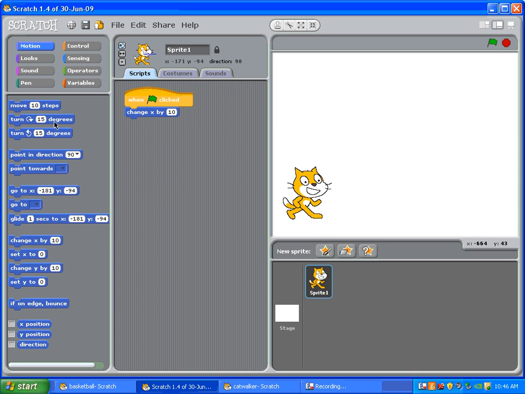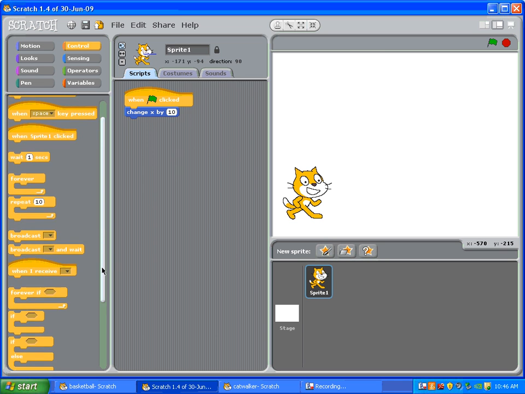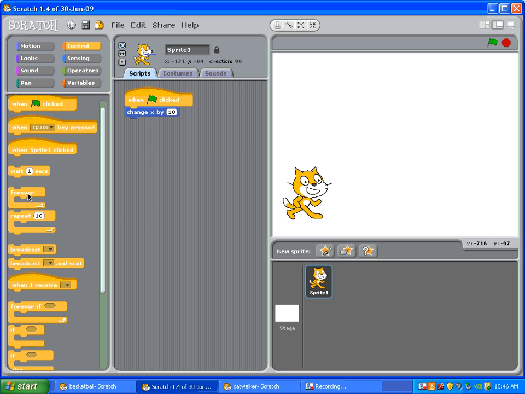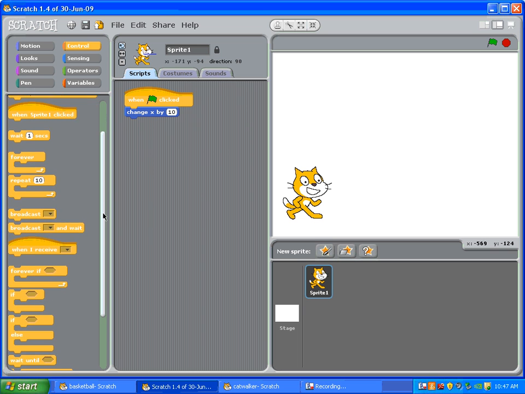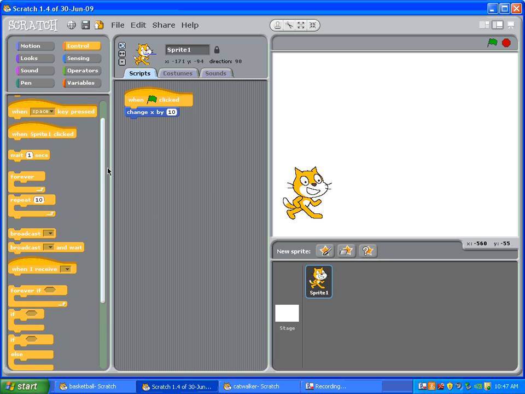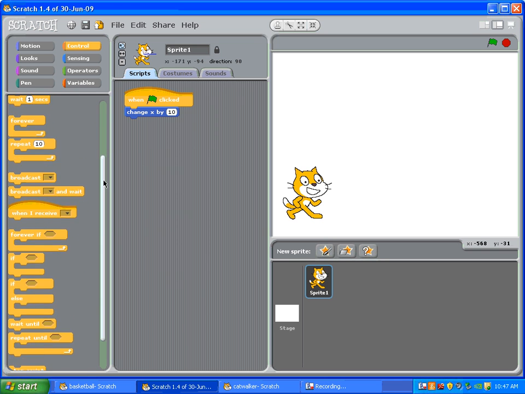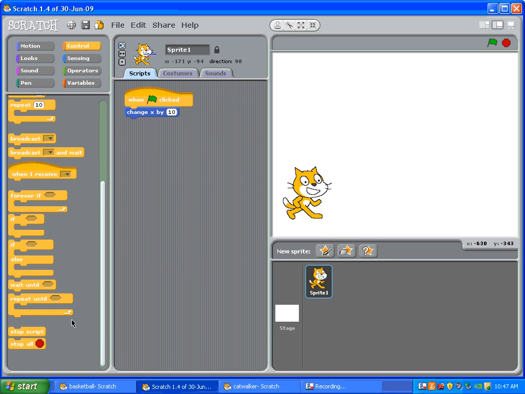Gotcha. Okay, so now if we click the green arrow, you'll see that the cat moved 10 steps. Okay. Actually, I kind of messed that up. We want to do this. Actually, I forgot a step. I'm sorry. If you go back to control and scroll down here, if you scroll down to the bottom, there's one that says repeat until. If you drag that out here,